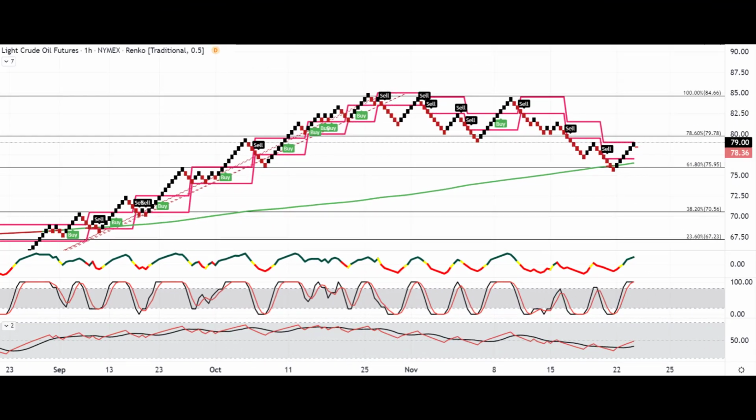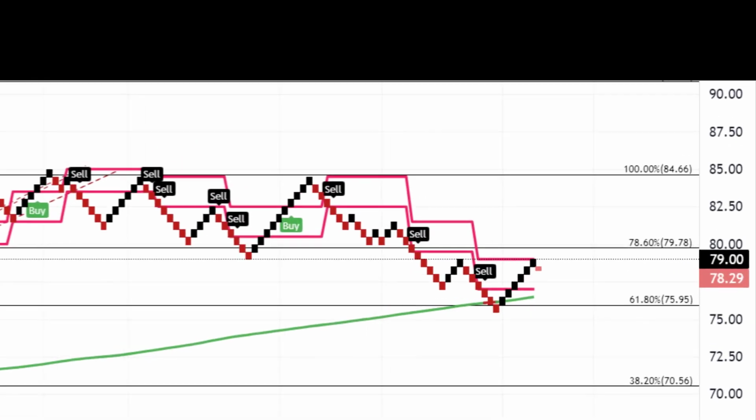The Renko chart uses a 50 cents block size, and we can see all the signals are currently bullish. That's because the smaller block size is a bit more aggressive than the Heikin-Ashi chart. In terms of price, it's trading above its longer-term moving average, and similar to the other charts, price reversed back from $75, $76 and is trading within the pink lines box breakout, so